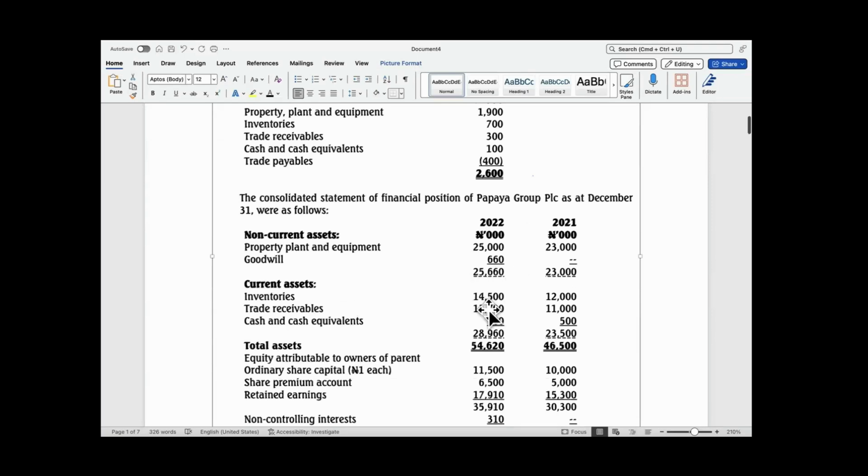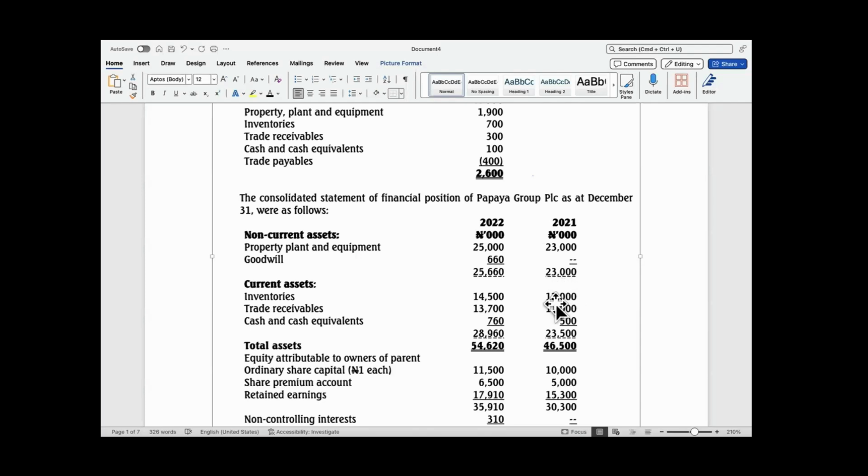It will have been consolidated with that of the parent. It's a combination of the two. So we need to consider that and make sure that it actually gives us 14,500. That's the only addition. So what we are doing here, instead of just comparing 12,000 to 14,500, what you actually do is